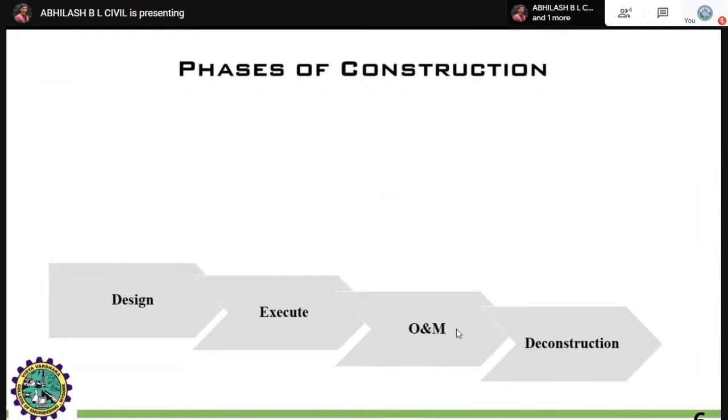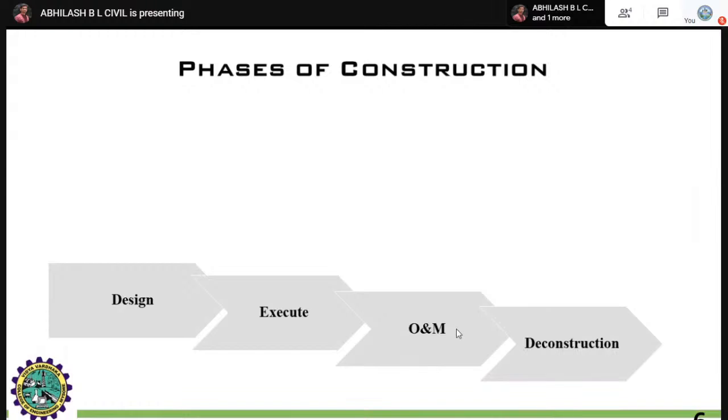Next comes the execution phase. How will you execute the buildings? There will be some laws and clauses, rules and regulations specific to the region. By carrying out the execution plans, you will execute your buildings, which will take some span of time. For example, some structures may complete in just 20 days. Precast residences or precast construction will complete in around 1 or 2 months. Like this, the execution will take place.